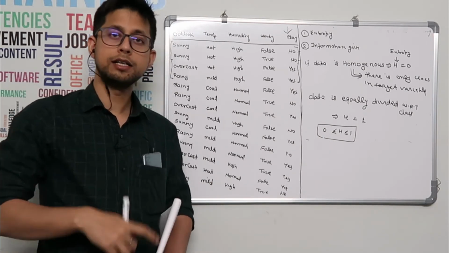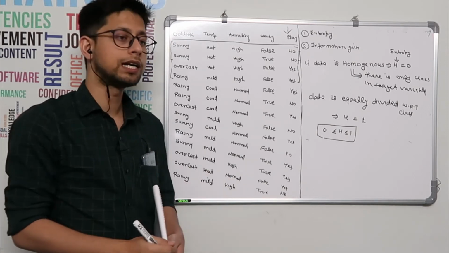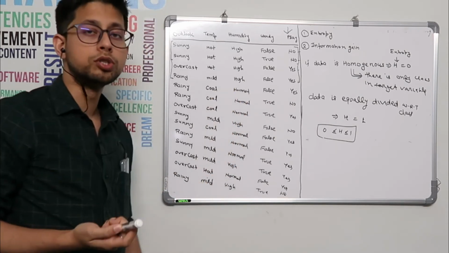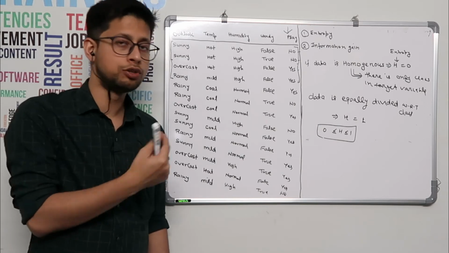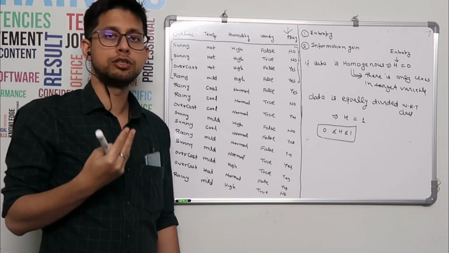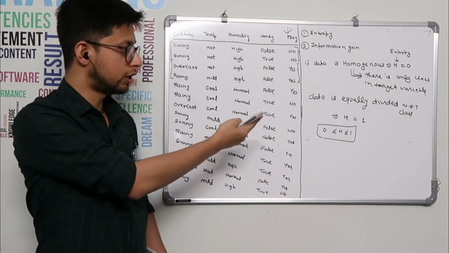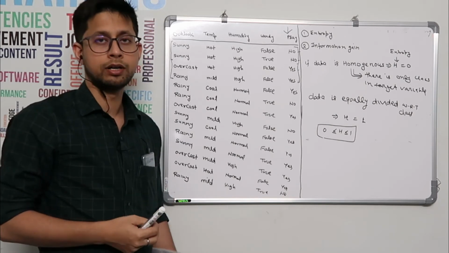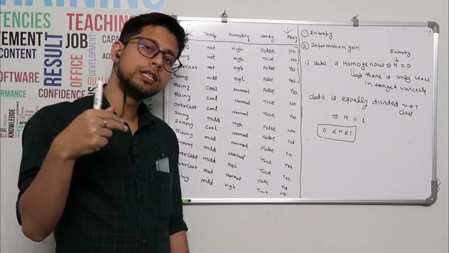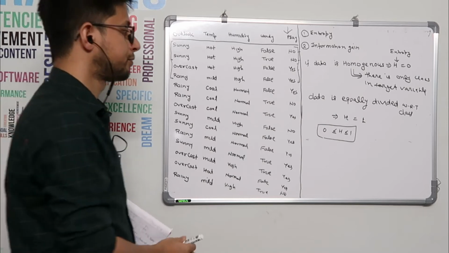And our idea is to reduce the entropy and go towards 0, because ultimately we want to classify, right? If your data set becomes homogeneous, then you know there is only one class, and you can easily predict. If there are multiple classes and they are equally divided, then entropy will be 1, but at that time prediction will be very difficult. So that's where we want to reduce the entropy as near to 0 as possible. So that's the idea.